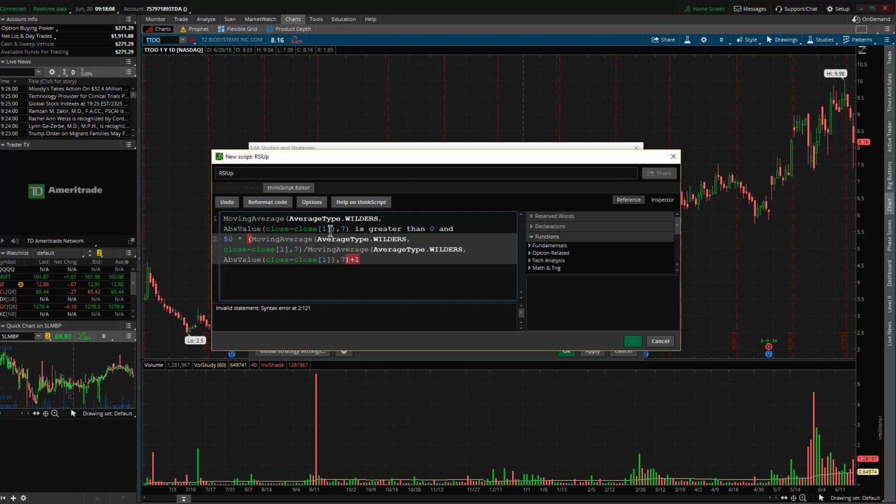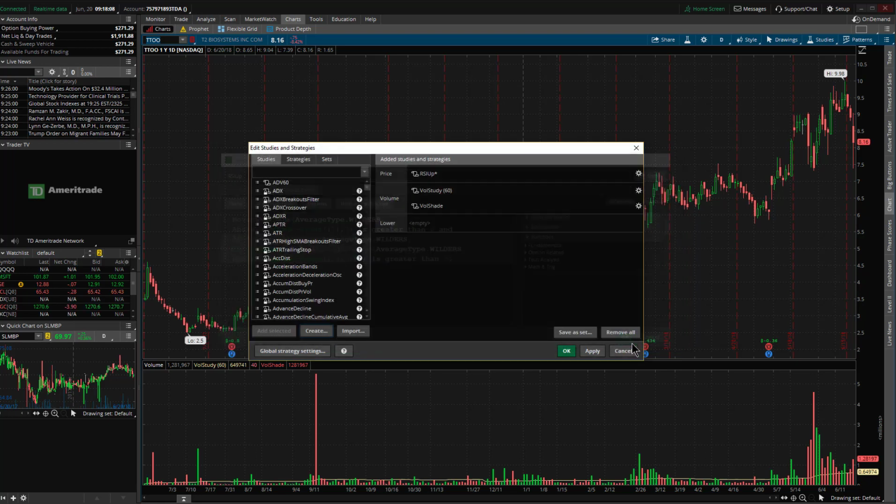Add 1 to that and times 50. That's going to put it on a scale of 0 to 100. Greater than 70. And there we go. Now this indicator will be true whenever we have this condition present according to the